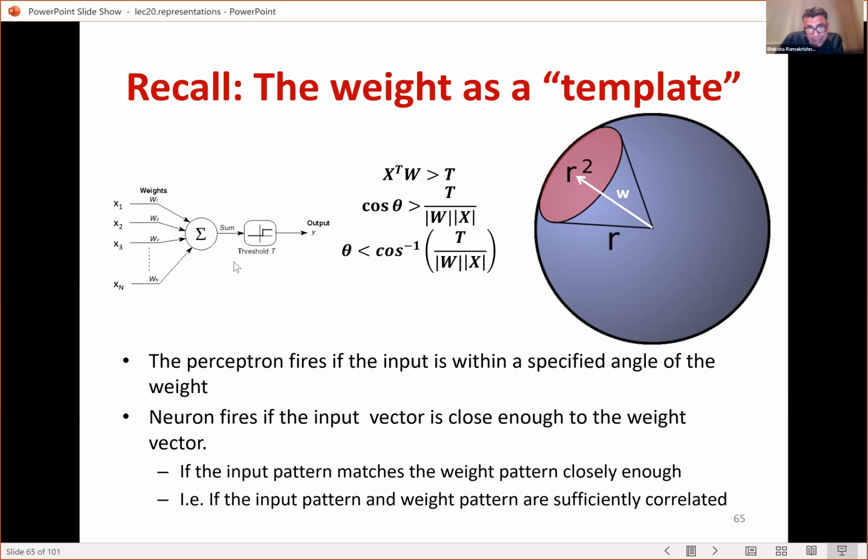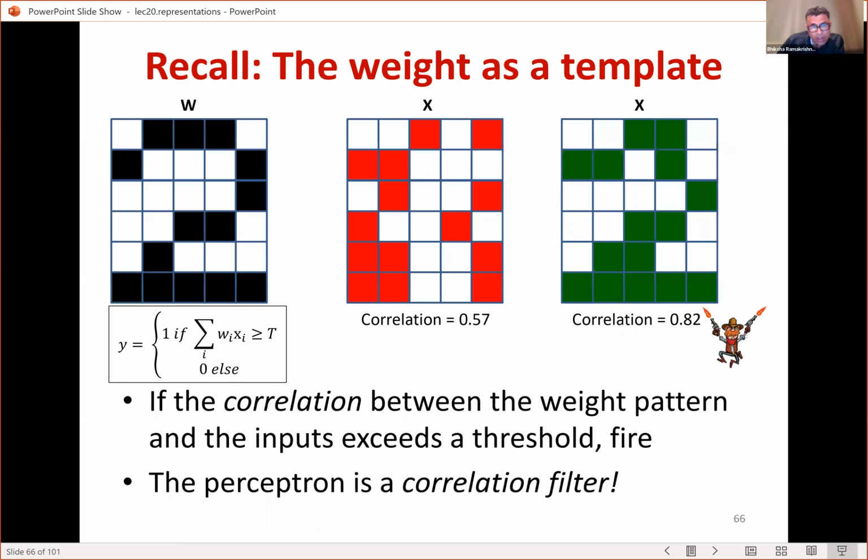So which means that for a high dimensional input, the perceptron is simply thinking of the W as a template that it's searching for. It fires most strongly when x is exactly equal to W. And then as x goes away from W, the firing becomes weaker and weaker, right? And so if I